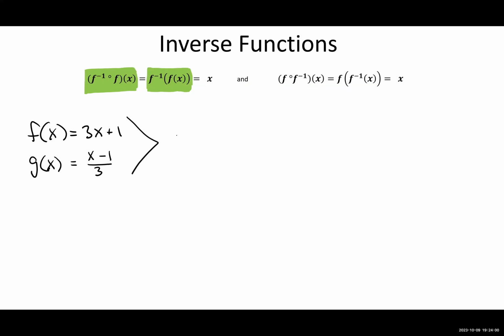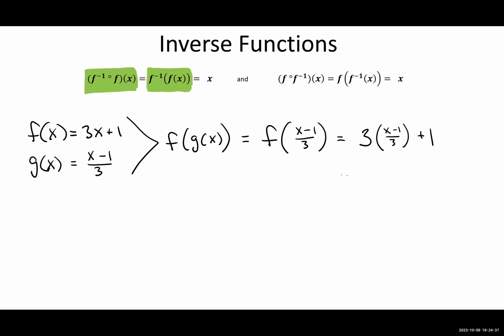And if you put them together, f of g of x, again, this was the previous video, f of g of x would be f of x minus 1 over 3. You plug that into the f function, which would be, instead of 3x plus 1, 3 times the g function, x minus 1 over 3,